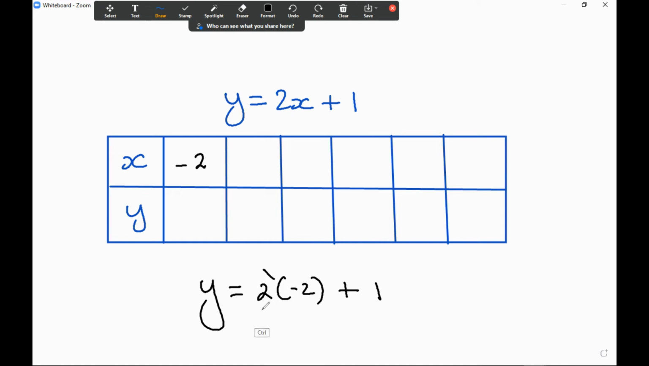2 times negative 2 is negative 4 plus 1. So y is equal to negative 4 plus 1 using integers. Negative 4 plus 1 gives me negative 3. So the answer for this here is going to be